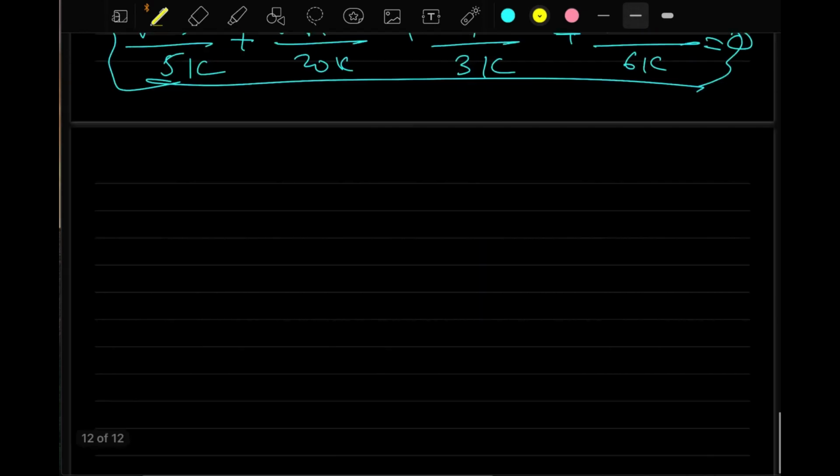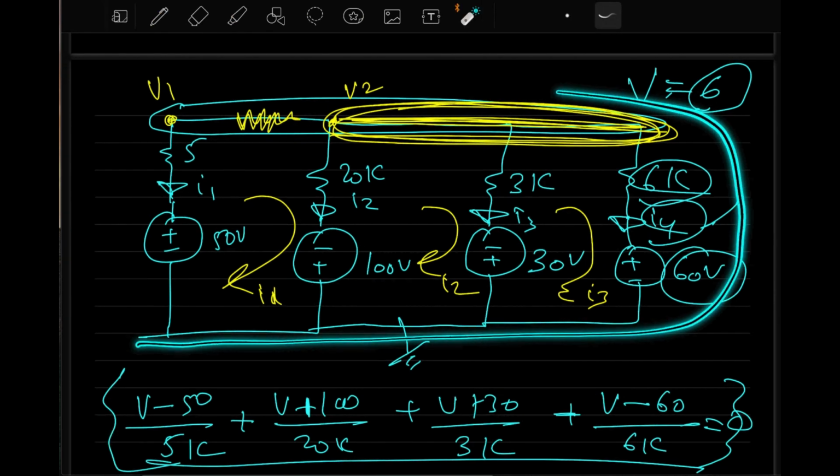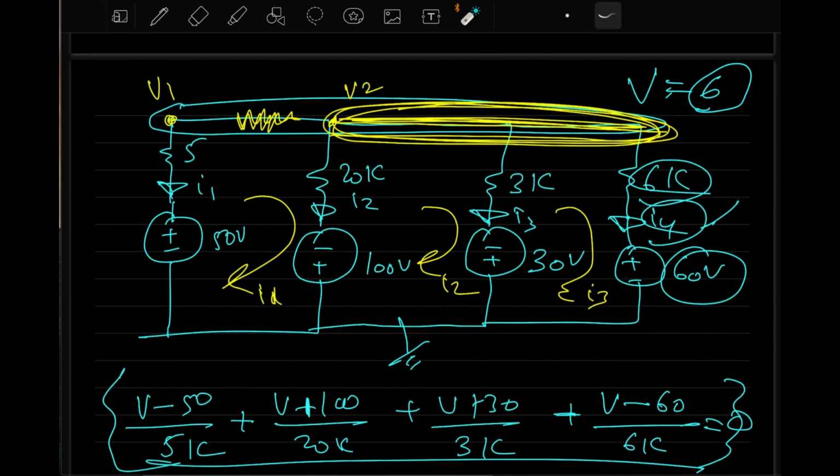Okay, so we will try to solve this particular circuit. We will come back to this circuit again, but we will try to solve it using another technique which we are discussing in this lecture, which is source transformation. Right now I cannot do that because time is already over.